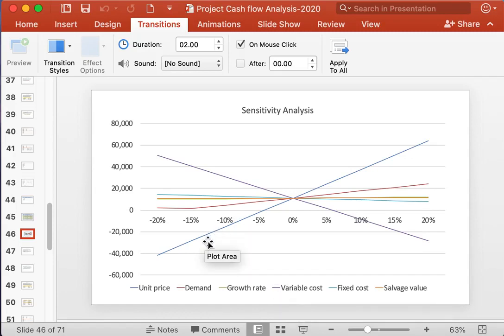So you can see that the net present worth of a project is more sensitive to change in unit price and variable cost. So from this you can actually see the extent of the effect of each variable. You can approximate or estimate the effect of each of the variables on the net present worth of a given project,